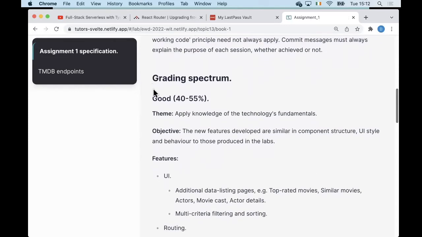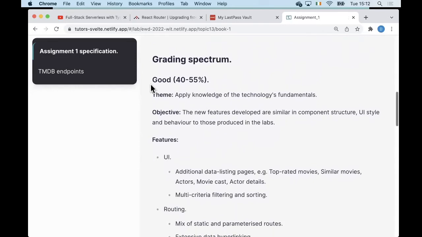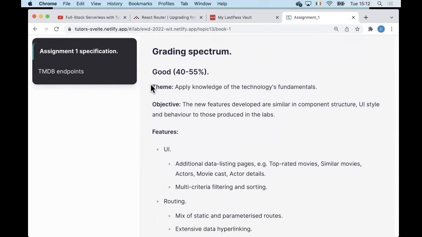Right, enough for the lecturing. So here's a kind of a grading spectrum, and you should really keep an eye on this as well, because this is what we will use at the end of the day to assess your work. I'm trying to give you some ideas as to what you should be doing for this particular assignment. So if you're aiming between this grade band here,